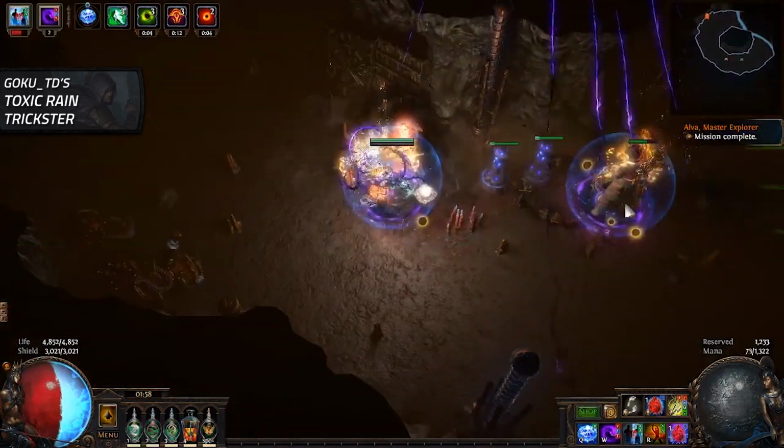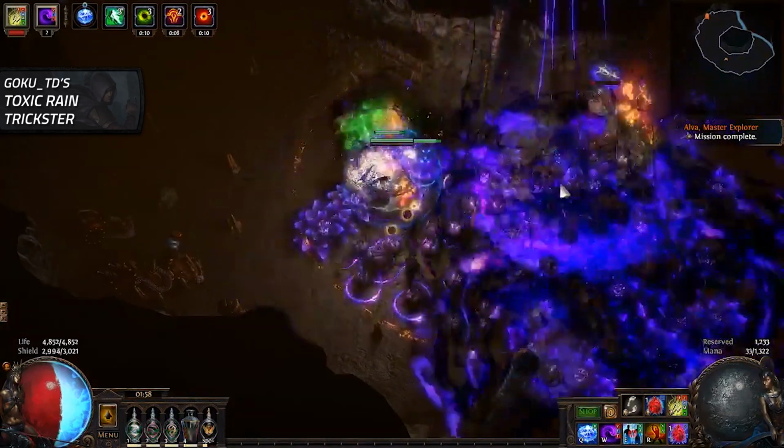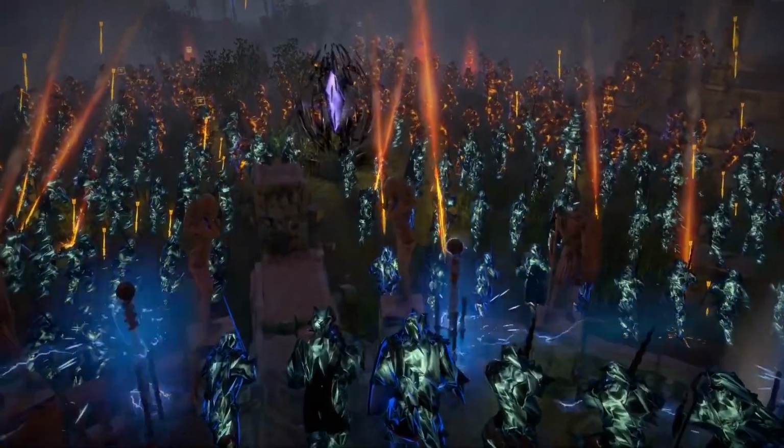Toxic Rain is a very interesting bow skill. If you want to try it out, check Goku's guide out or visit him over on Twitch to ask about it. Alright boys and girls, that was the 5 builds I wanted to present to you today,